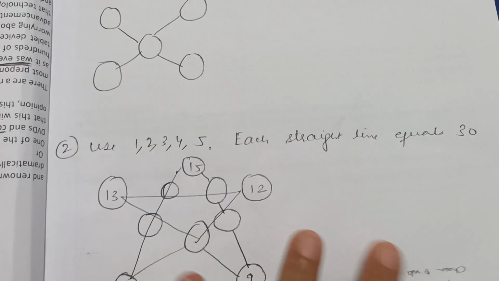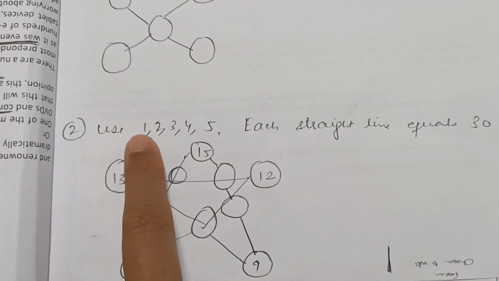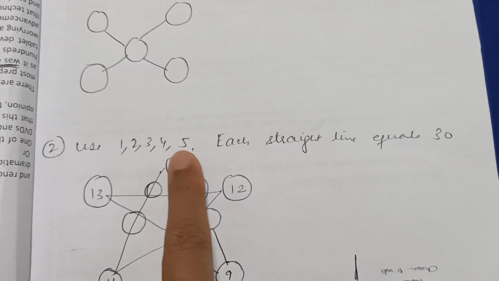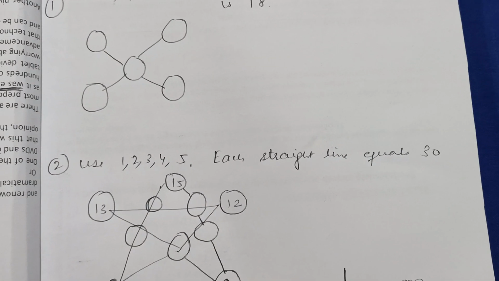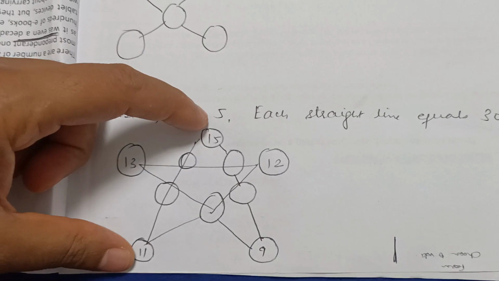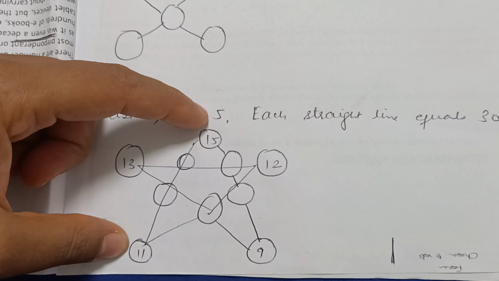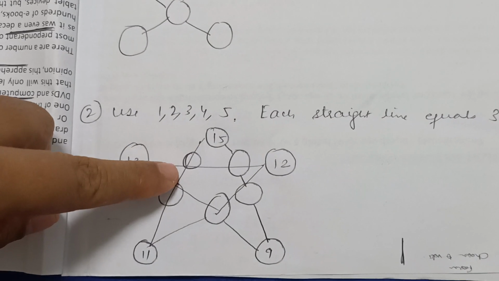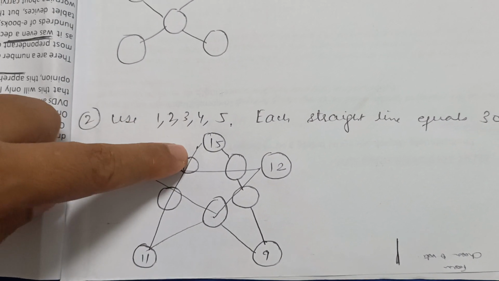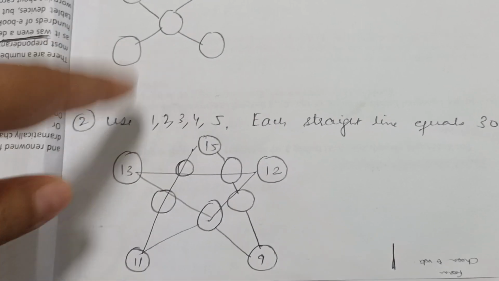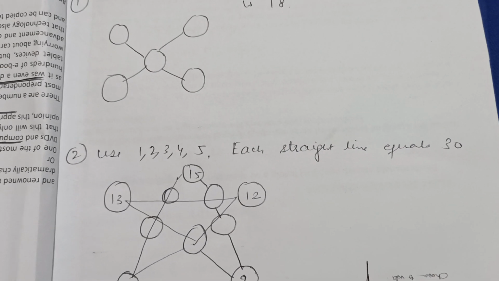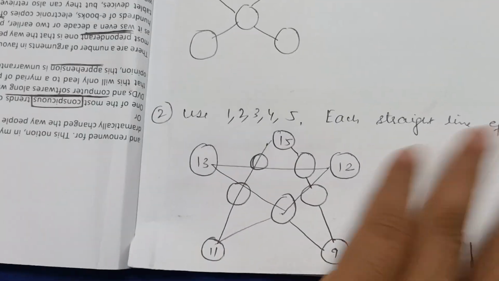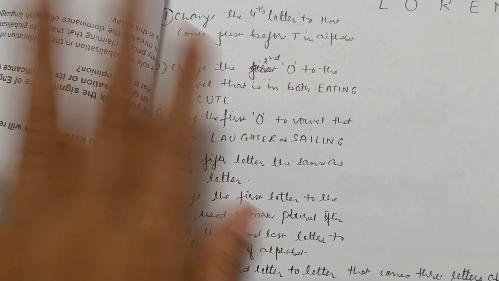This one is similar, a little more complicated. I'm using the first 5 numbers 1, 2, 3, 4, 5, and the rule is that each line should be equal to 30. But here, 2 numbers are already given, so 15 plus 11 is 26 already. Now she has to make 4 more, so she can use 1 and 3, but 3 has to be here, and 1 has to be here, so she has to figure it out, more of a hit and trial kind of thing. But this is more of a thinking concept rather than just simple addition. So this is what it is.